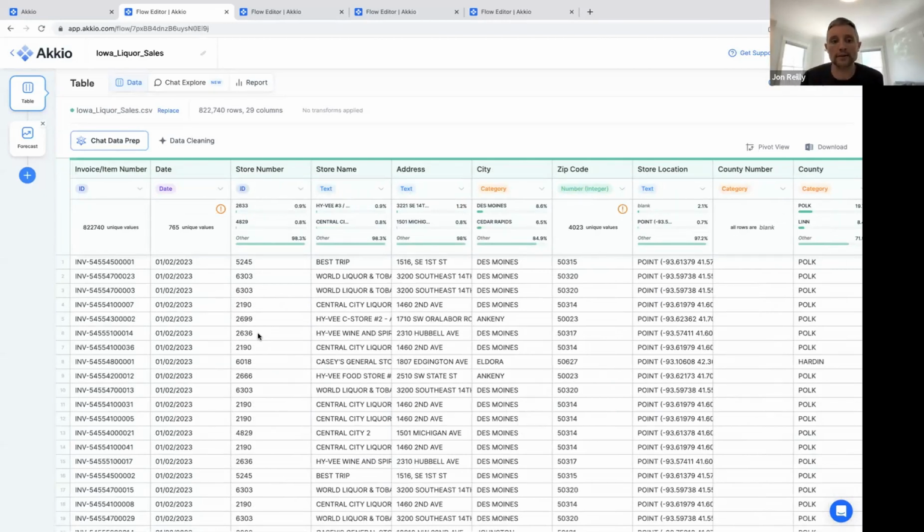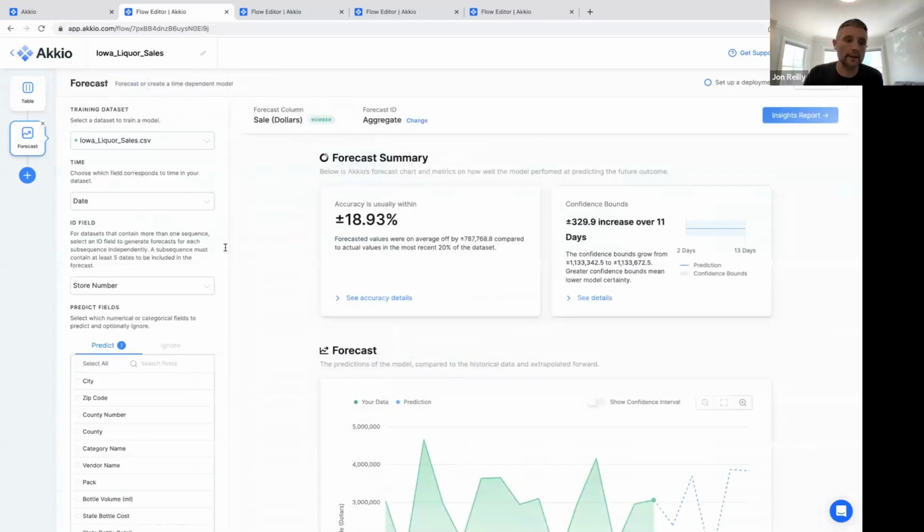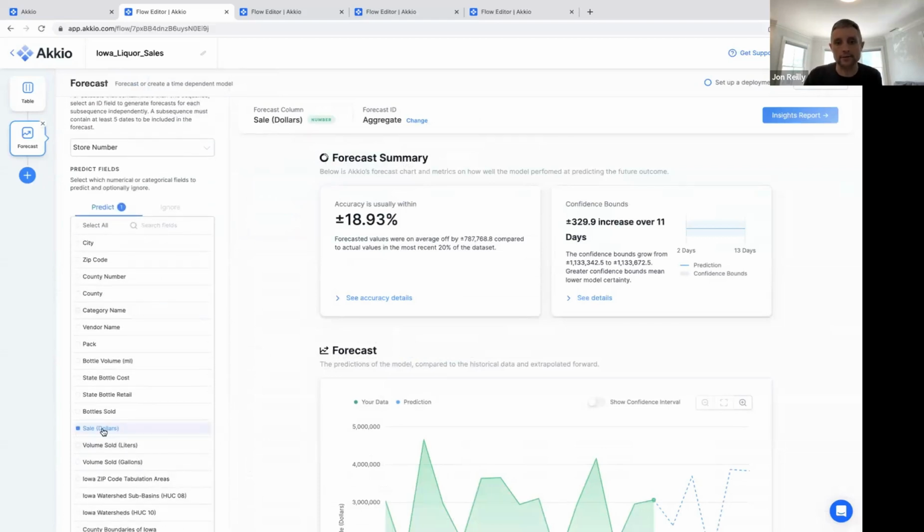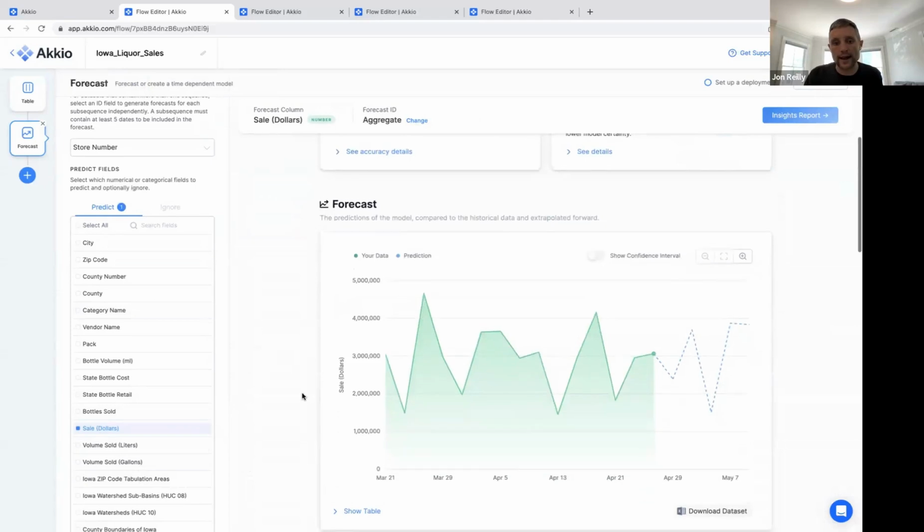That'd normally be a pretty hard task because you'd have to aggregate everything together by day in order to build the aggregate forecast. Or you'd have to aggregate everything on a store by store basis and then forecast each of them individually. But those controls that you talked about earlier actually make that pretty easy. So, you just pick the date field again, but in this case, I pick store number. So if I want to do a store by store forecast, I can simply pick store number and then sales in dollars, and we'll generate an aggregate forecast that'll show you the weekly sales across every store in